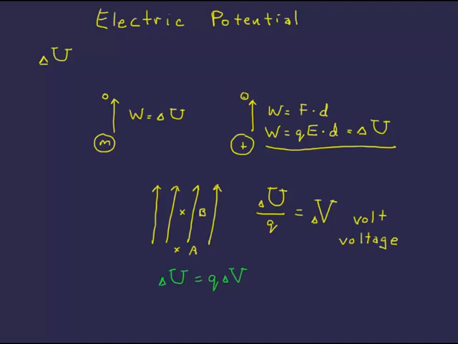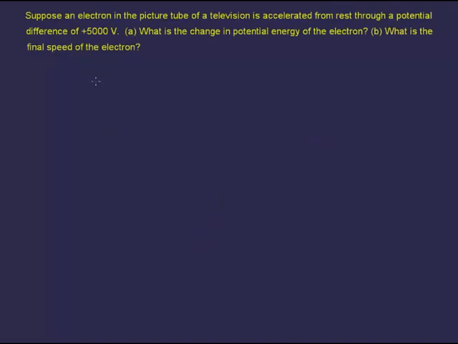All right, let's do an example here. Suppose an electron in the picture tube of a television is accelerated from rest through a potential difference of plus 5,000 volts. What is the change in potential energy of the electron, and what is the final speed of the electron? Okay, so change in potential energy, that's delta U,